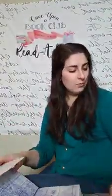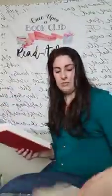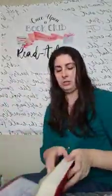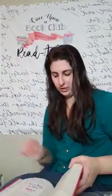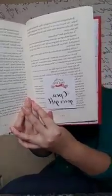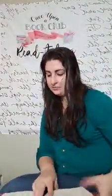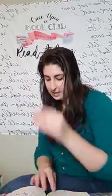Page 44 was actually our first gift this month, and we were so thrilled to be able to include this one. It was an adorable gift. So on page 44, you find your Open Your Gift tab, and this is right at the exact moment you should be opening up your gift. So inside of this, it says,